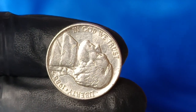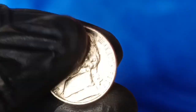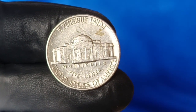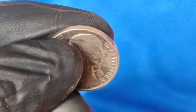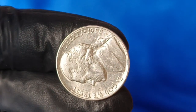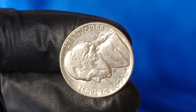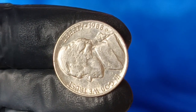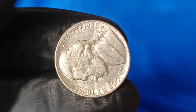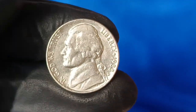Online platforms like eBay or Heritage Auctions are also hotspots for selling rare coins, with past sales of error nickels providing a benchmark for potential value. For instance, a 1953 S full steps nickel in MS-67 sold for $24,000, and a 1988 nickel with a comparable error and condition could approach or exceed this figure. The Jefferson nickel series, while often overlooked due to its longevity and high mintages, offers hidden treasures for those willing to search. The 1988 nickel, produced in an era of modern minting but still sus...